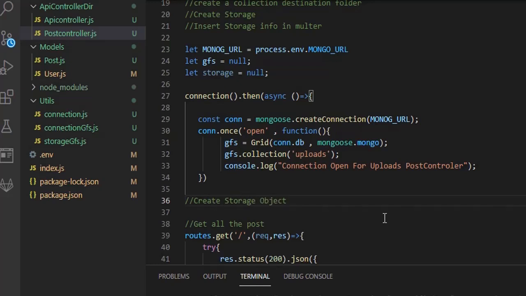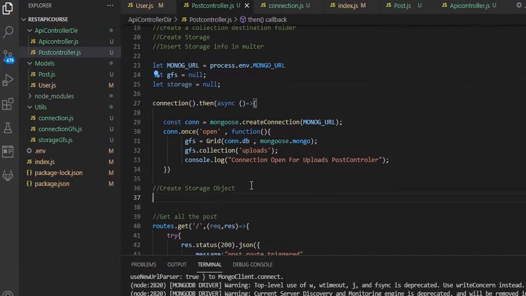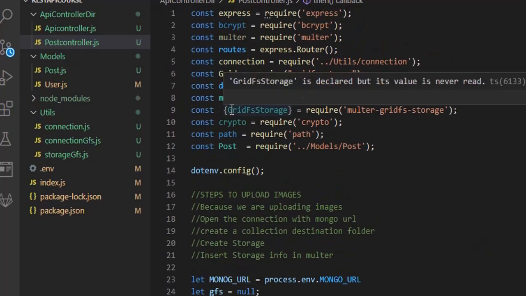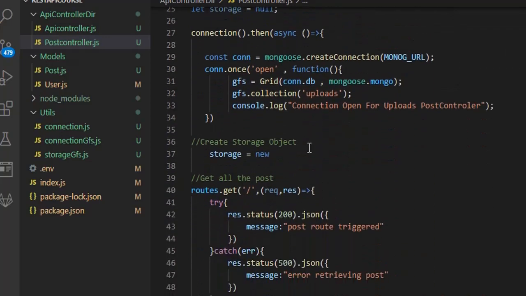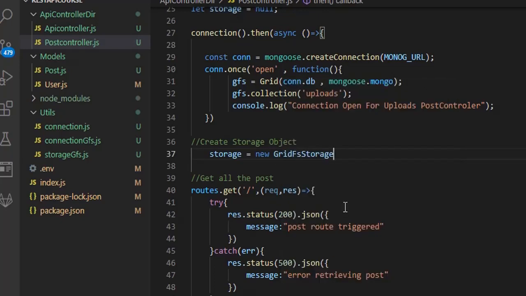So take note how we're gonna do this now. Okay, so for the storage, all we have to do is we created a variable up there. You can see it above the connection. So now all we have to do is call this GridFS storage and then work with it. I hope you imported it as well. So now for the storage, let me paste some things here because the name is long, I can't type it. So the new GridFS storage is gonna take in an object,